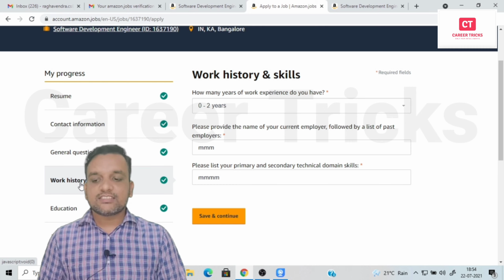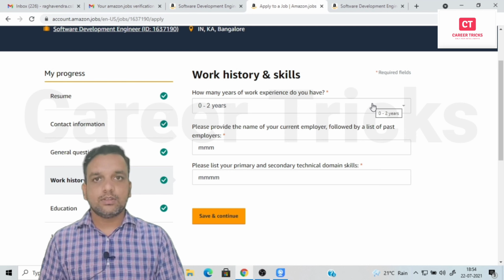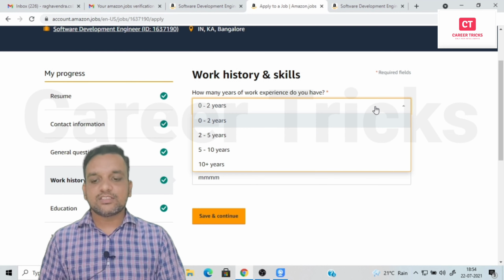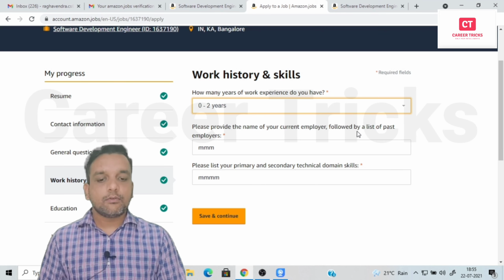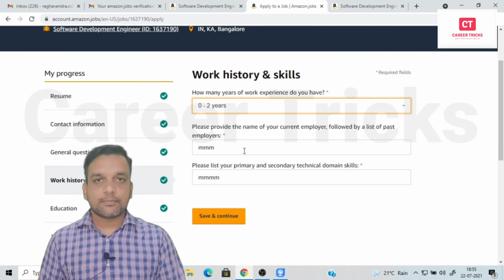In save and continue, next will be work history and skills. Work history: if you have not worked anywhere else, you select 0 to 2 years experience. And here you have to mention the name of your current employer, followed by the list of past employers. If you are employed anywhere, you have to give that, but here it is not required. You say it as not applicable, NA,